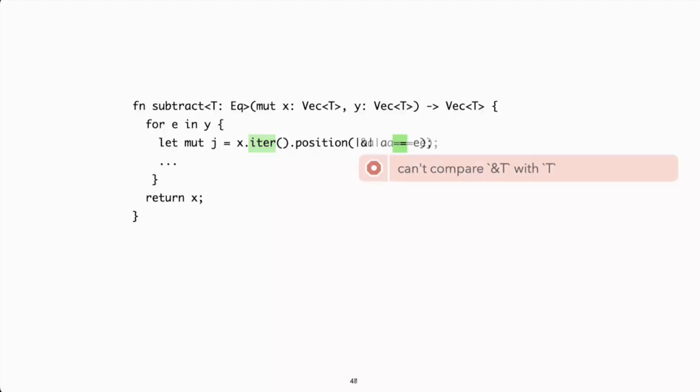So anyway, I removed the ampersand, and then I got hit with another error message, this time complaining that &T is not comparable to T. This error is a little easier to figure out, right? The problem is that a reference is not comparable to the referred object. So the fix is to dereference a, and there we go. So eventually I got my code to compile, but this little example captures a common fight with the borrow checker.